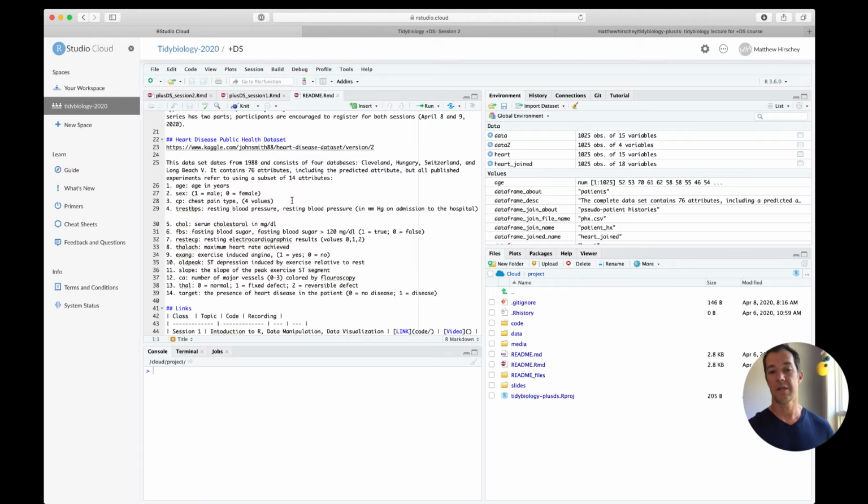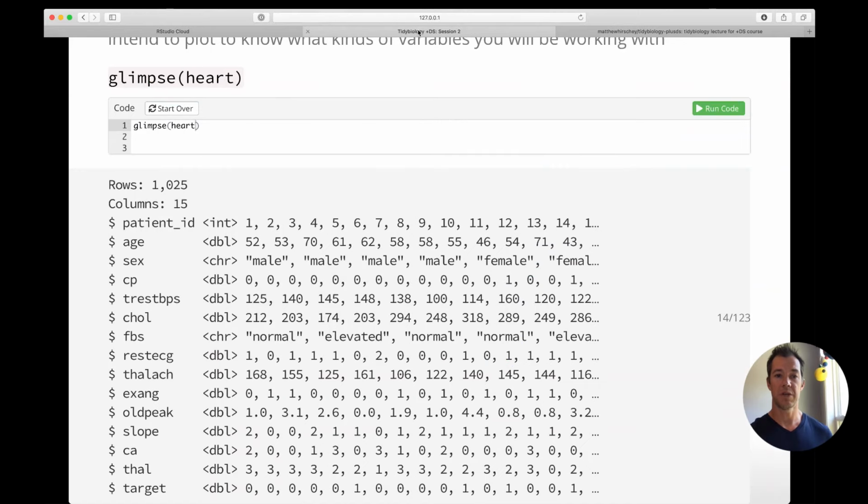So this is exactly the file that you see on that GitHub site. If you want to learn more about what these different variables are, that's where all the information is. But recall now that we use glimpse to look at this, and this will be important because if we're